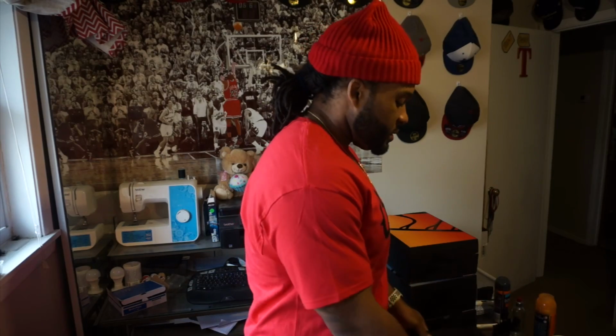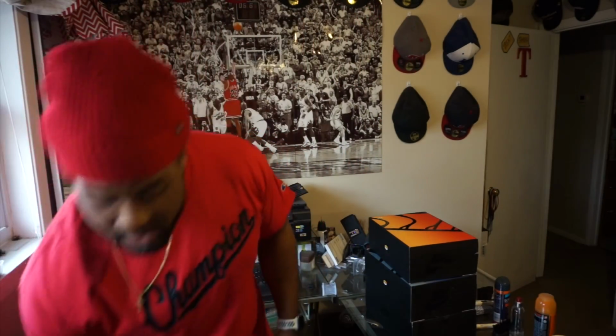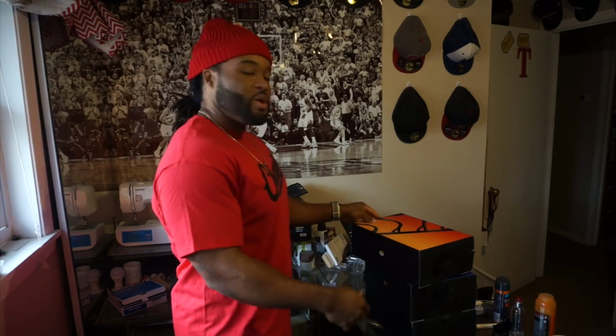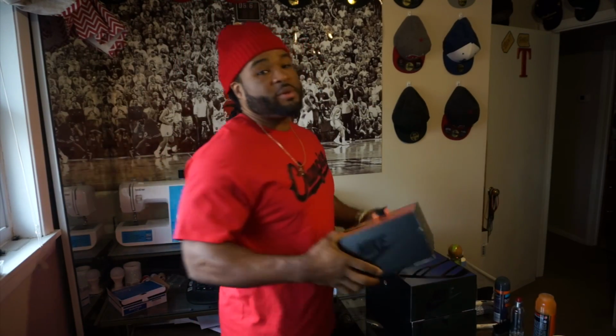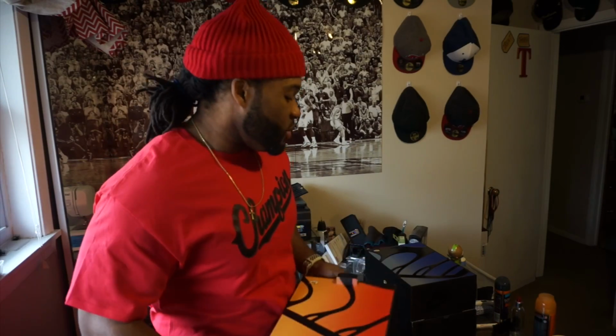That right there is probably the money shoe for sure out of all these. I don't know if I told y'all the price, man. I paid $825 for all of this. So to me, my question is, is it better than a beater box? I don't know. That's kind of hard to do because Supremacy does some great work, but